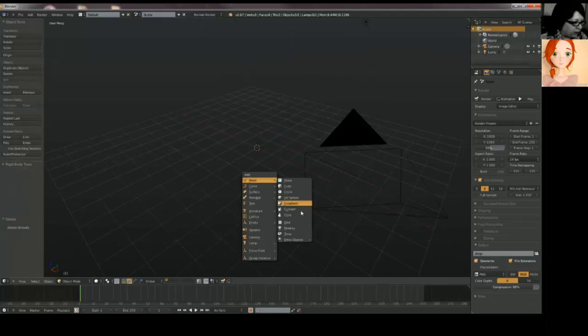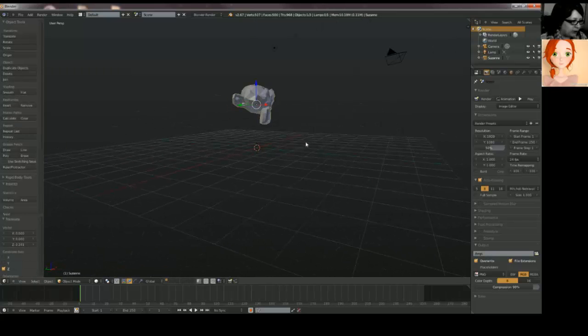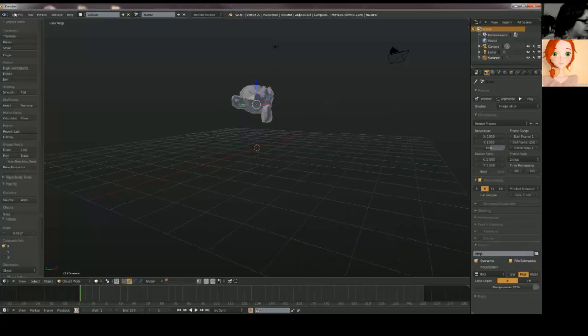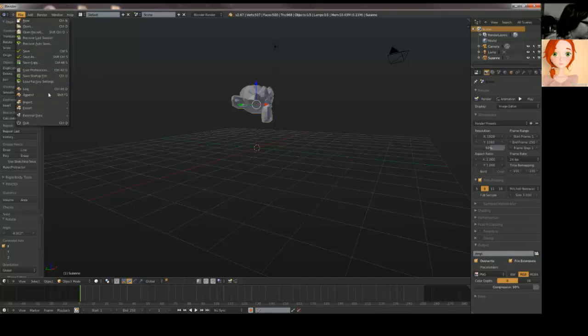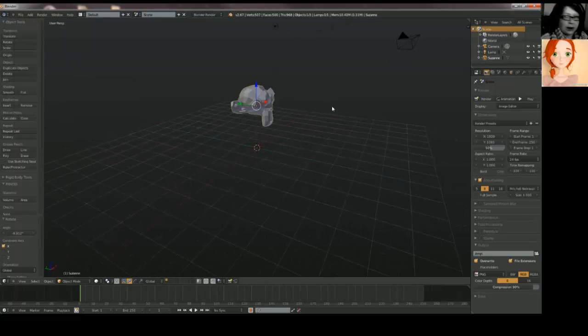When you have the monkey in your default screen, build it and set your file. Then click Set Startup File. Every time you start Blender, you will see this monkey.